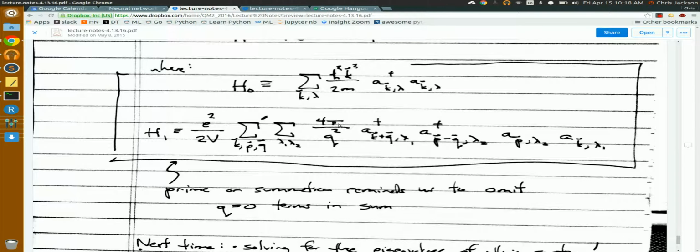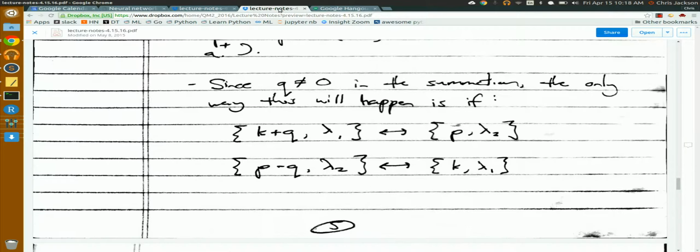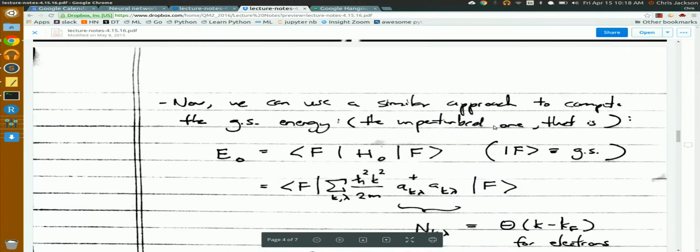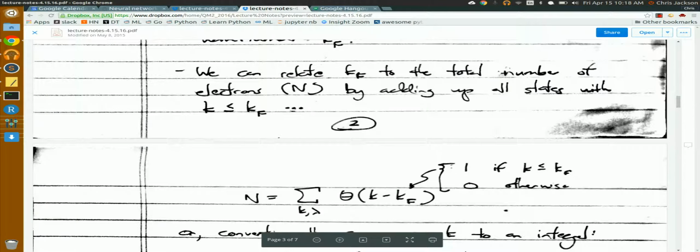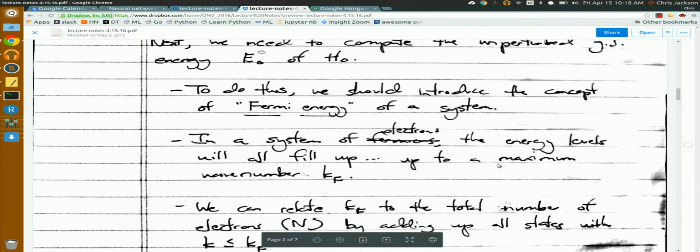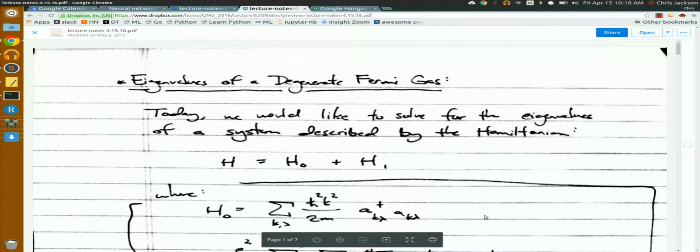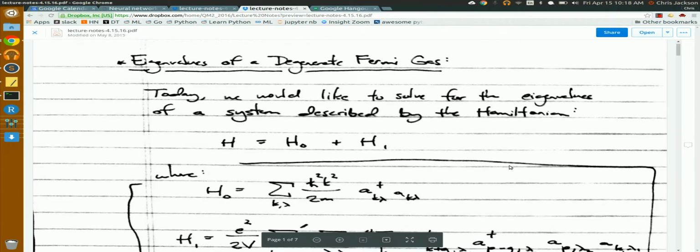Okay, any questions on that stuff so far? Hopefully, if you haven't, you'll get a chance to work through it. It's a good exercise, especially if you're going into condensed matter or quantum field theory, because you'll do a lot of stuff like that. Okay, so what I want to do today is solve for the eigenvalues of this system,